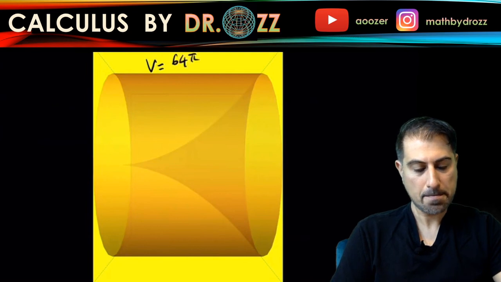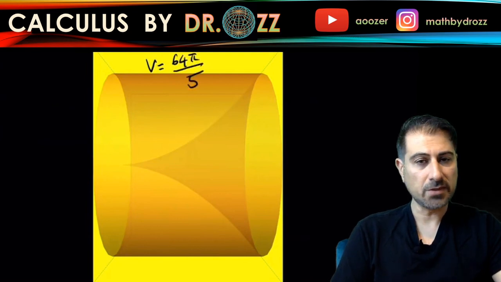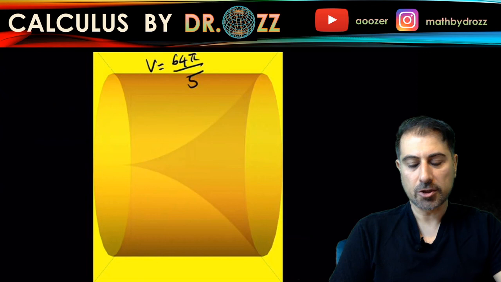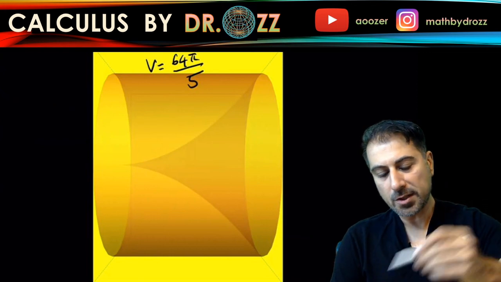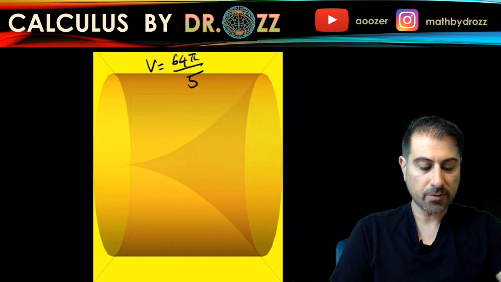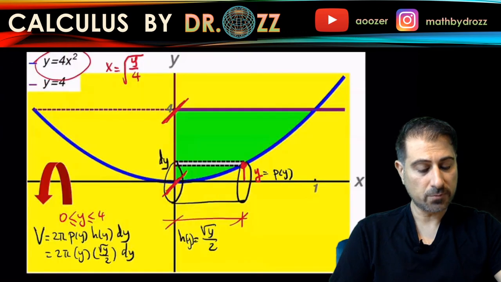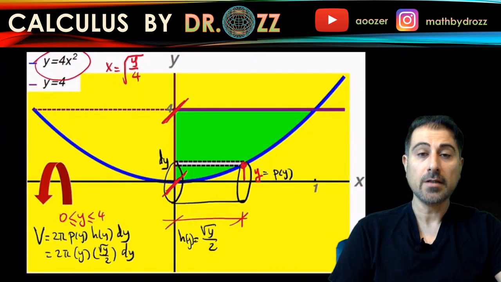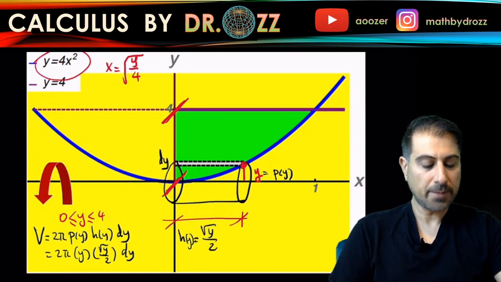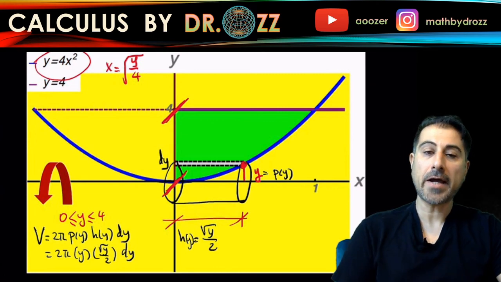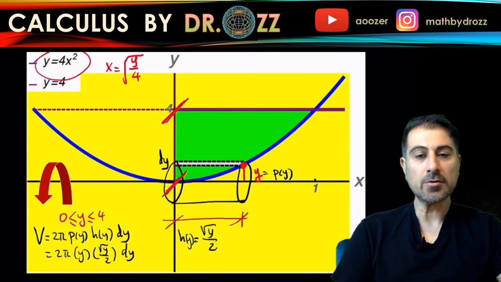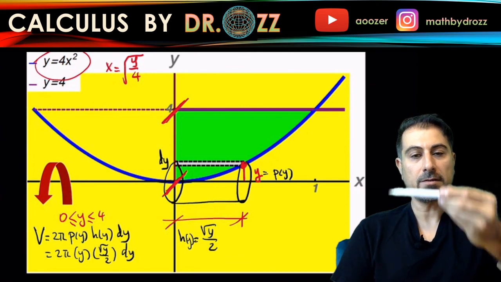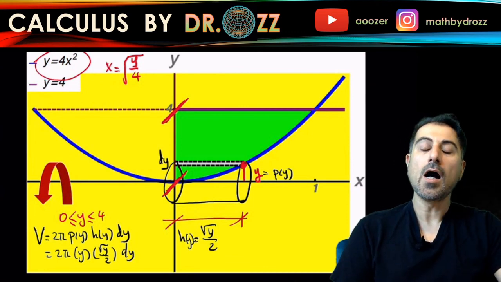Again, we were specifically told to use the shell method to come up with the volume here, and to be able to use the shell method, you need the radius of the bottom of the representative shell and the height of the shell. The shells are always selected based on the fact that they should be parallel to the axis of revolution, so that when you revolve that, you get a shell-type three-dimensional